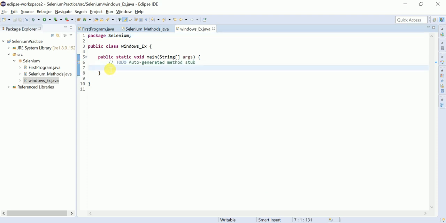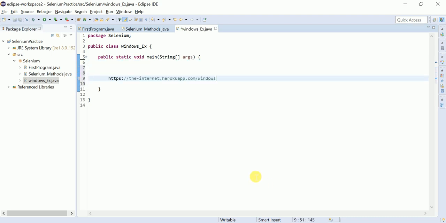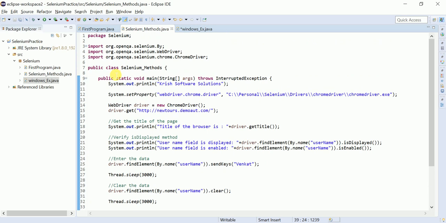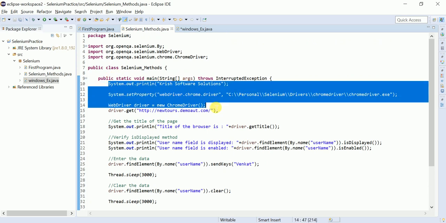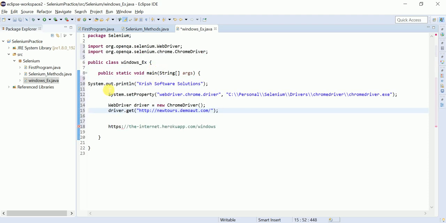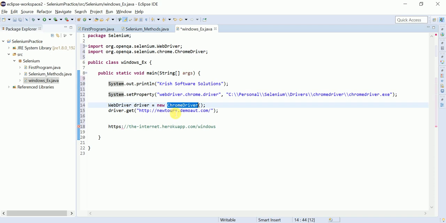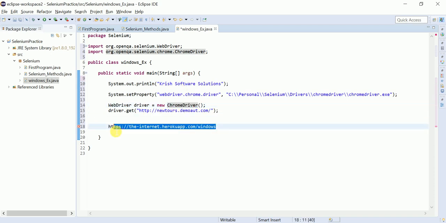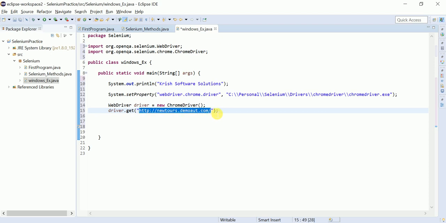What I want to do first, in the previous program, I am copying the first 4 statements because these are all common. Here I am just setting the Chrome driver path, Chrome driver exe, new ChromeDriver. Here what is our URL? This is our URL. I am pasting this URL here.